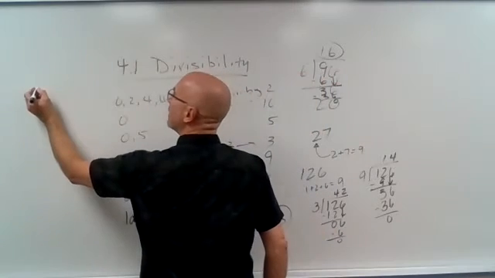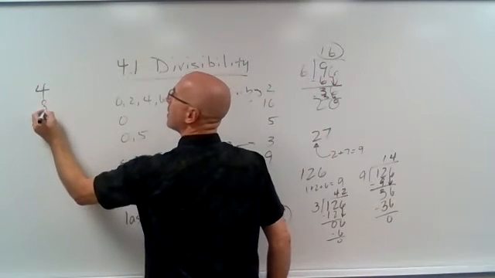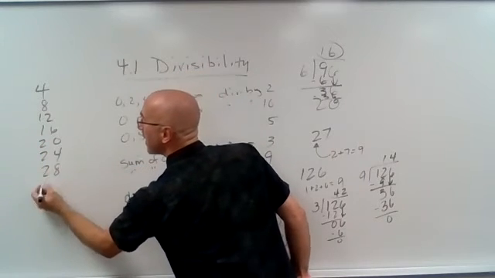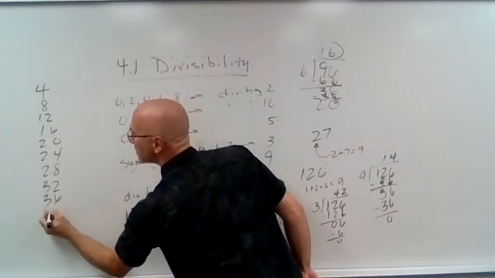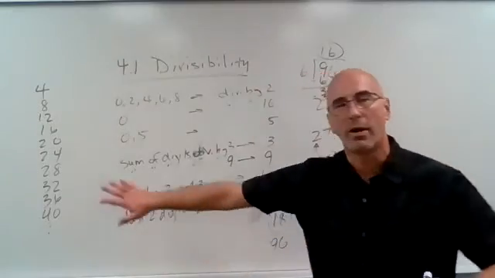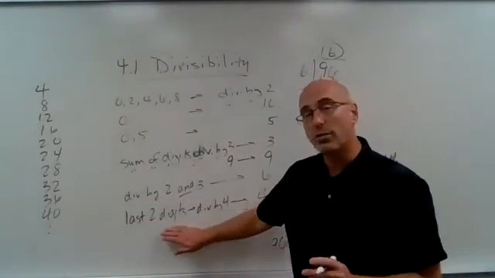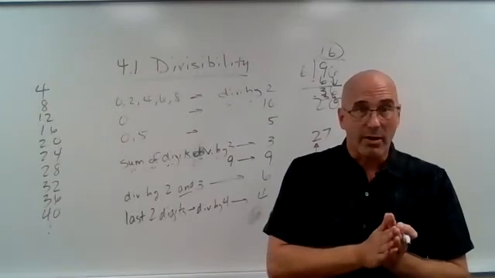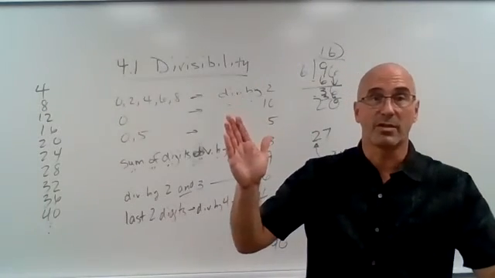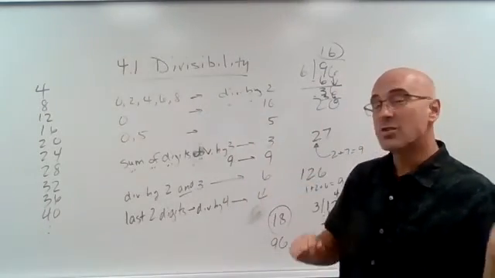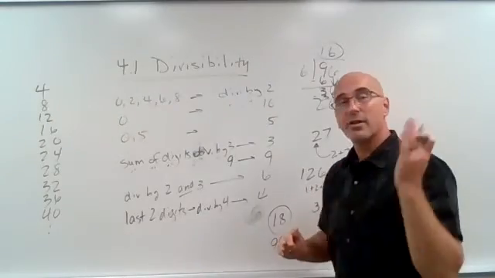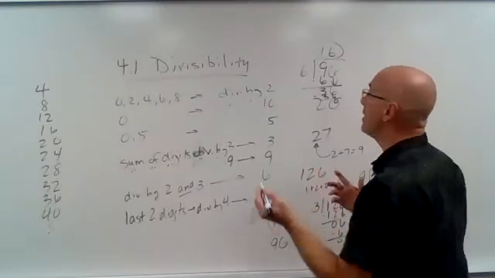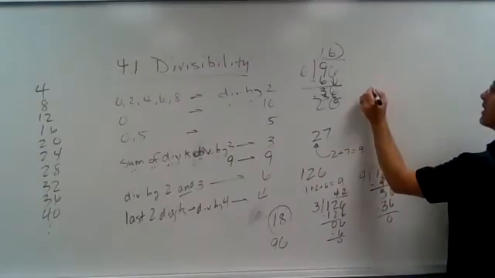So we have numbers divisible by 4. 4, 8, 12, 16, 20, 24, 28, 32, 36, 40. Okay, so we have like a whole bunch of those. So our little rule says, if we have a number, when you just look at the last 2 digits, if that number is divisible by 4, the whole number is divisible by 4. So that means if we had a number, maybe a kind of large one, what if we had it so that it was